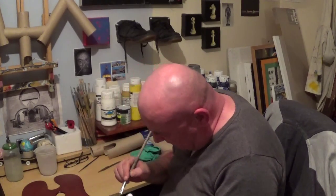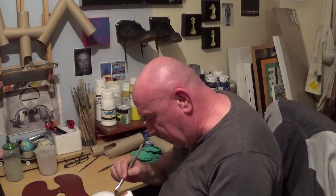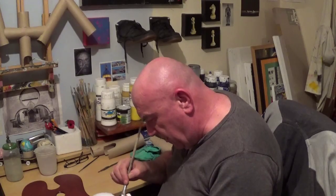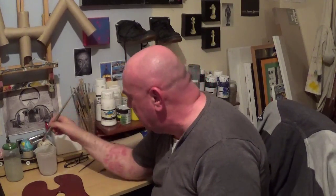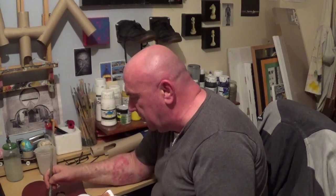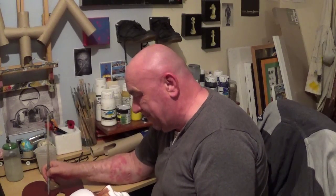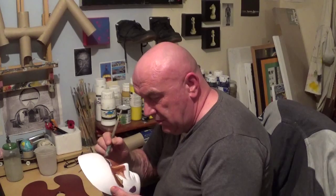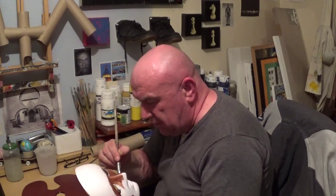And of course I'm trying to get slightly different tones, because there might be shadow in parts. But then again, I'm trying to keep it reasonably simple, and let's say without it being too realistic, because it's not supposed to be an actual representation of a human, well, no, sorry, it is supposed to be a representation of a human being. It's just not supposed to be an